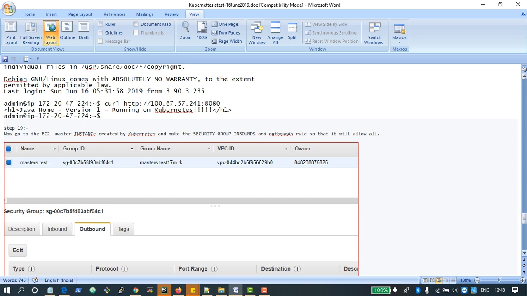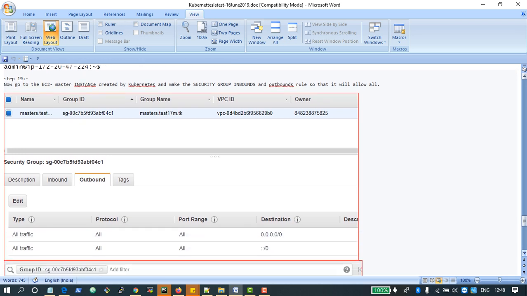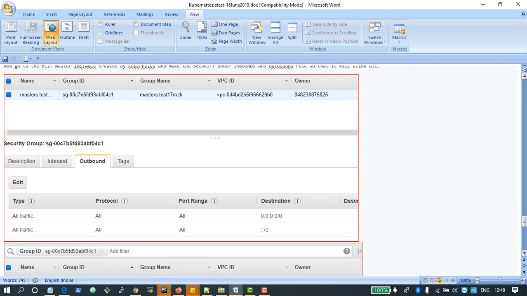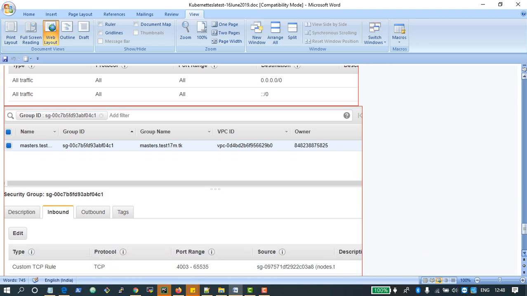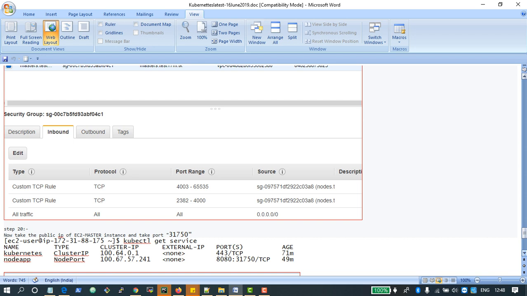the Kubernetes is running. If you want to do this in the GUI, in a similar way you go to your EC2 instance and make some changes in the security group, inbound and outbound. We have to give all traffic, all. Basically it is not recommended in a real-time environment, but for this POC purpose I have done this. So all traffic, all. Once it is done, you can see here. For the security group I have set TCP, all, and again I have checked here.